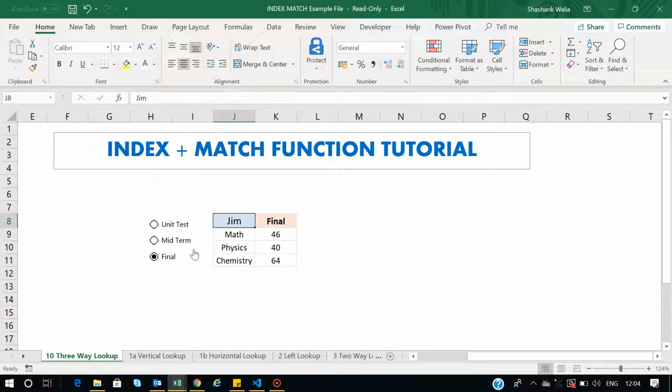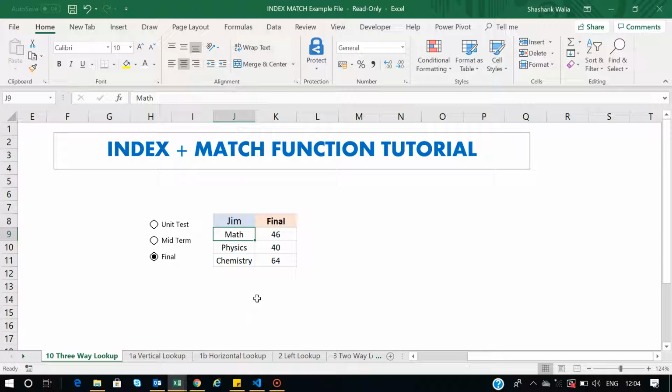So we can use INDEX plus MATCH functions, plus you can use these interactive buttons to filter your data. For example, let's say we are looking at the scores of Gym. I will delete it and you will see the NA because there is no input. If I type here Gym and press enter, you will see the scores are displayed. If I select unit test, the scores from the unit test will be displayed and the headers will change automatically. If I say midterm, the midterm will be displayed, and if I go to finals, the final score will be displayed.